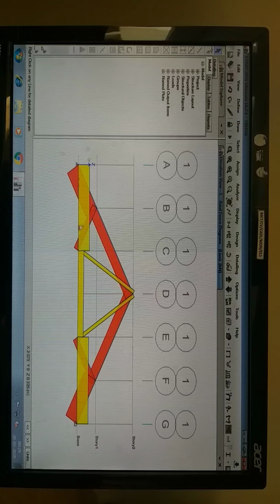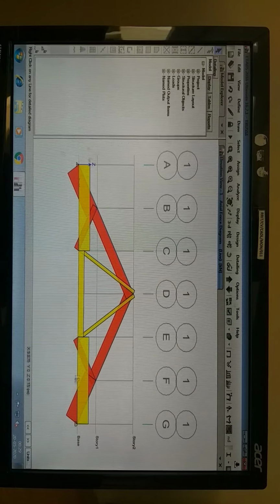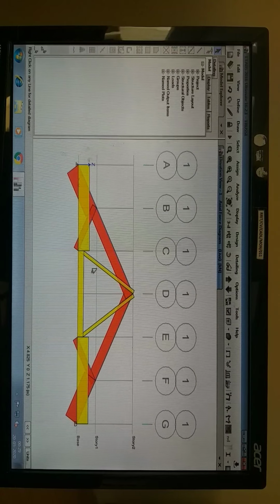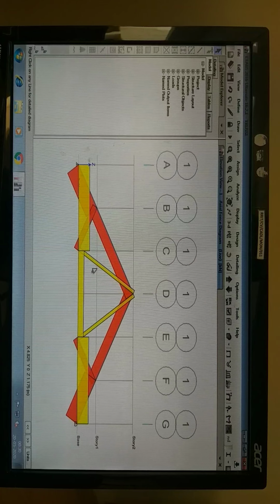See, here you can see all the yellow color it is showing, those members are in tension, and the red color indicates those members are in compression.